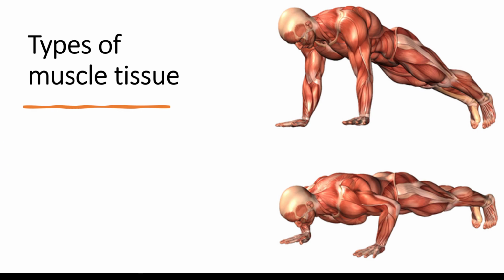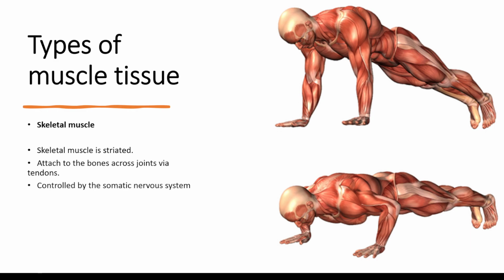Then we have our skeletal muscle now. So skeletal muscle is what we call striated, which means that it is basically striped when you look at it. So if you look at these diagrams here, you'll notice that the muscles have striations. So it's just bundles of fibers all bound together that form a striped kind of pattern running in a particular direction. Muscles are going to attach to the bones across a joint via a tendon, but it's controlled now by